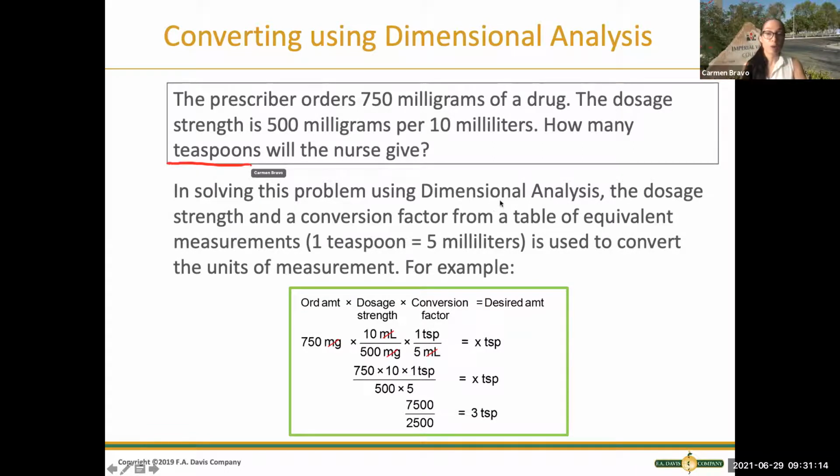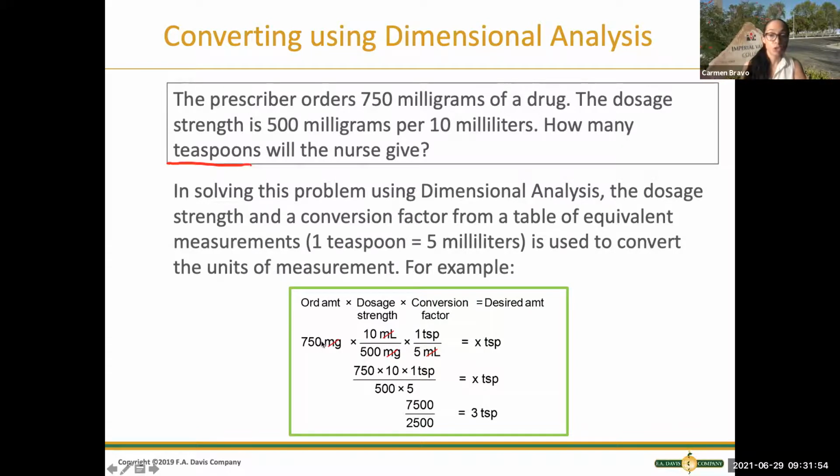In solving this problem, utilizing the DA, a really long name, remember the different components: the dosage strength, the conversion factor, and then we have to put what we have on hand, our supply. So if you see here, we have the order amount, or doctor's order, and the dosage strength is 500 milligrams per 10 mLs. We have that as our second component. And then, because the question is asking how many teaspoons would the nurse give,